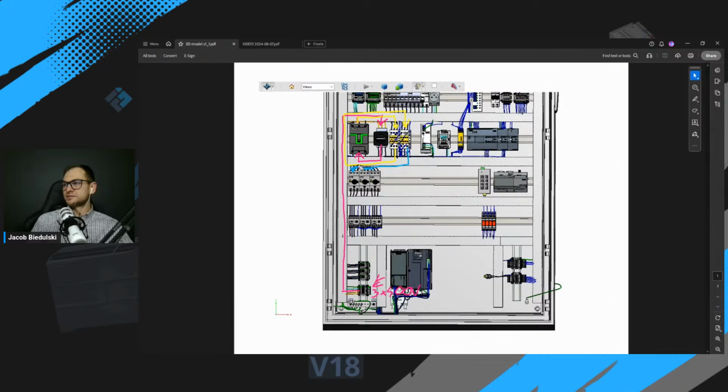So it is distributed around those 3 motor circuit breakers, and then the power goes to a contactor, and the current flows to the